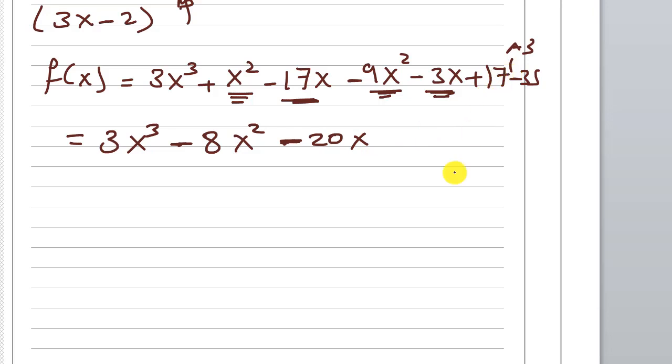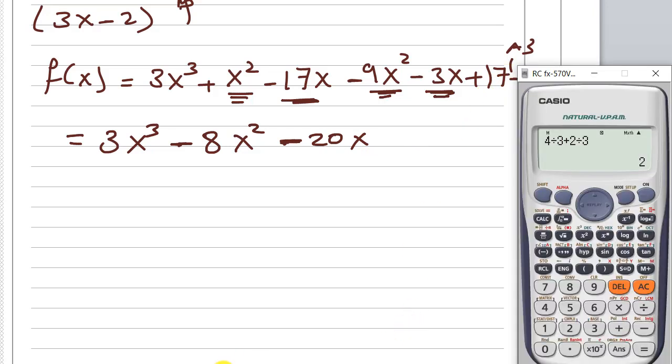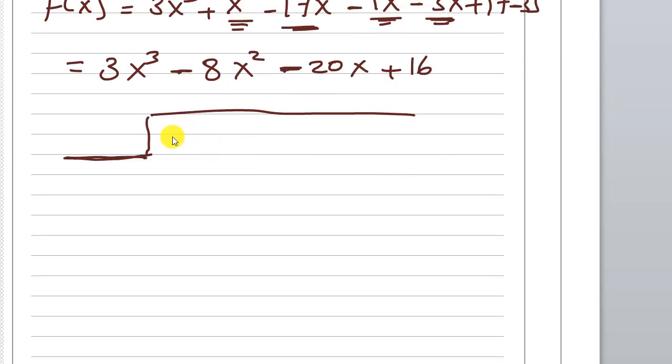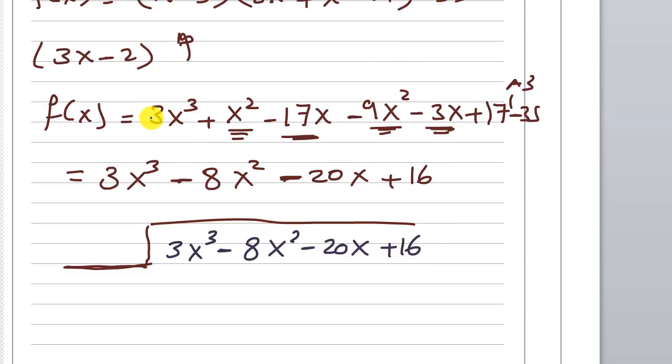And now 17 multiplied by 3 minus 35, so plus 16. Let us start to divide 3x power 3 minus 8x squared minus 20x plus 16 divided by, we know that